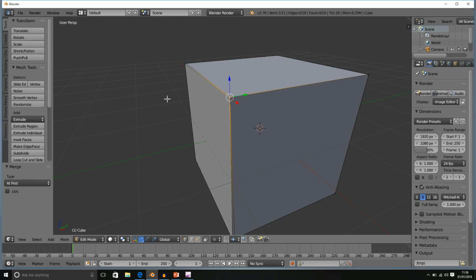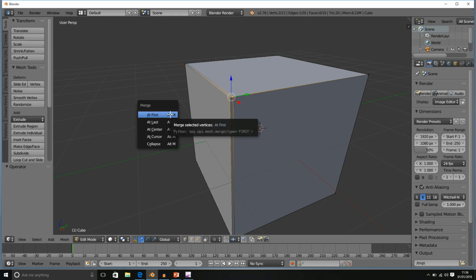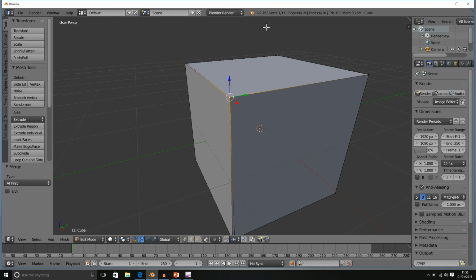I'm going to undo this for a sec, and I want you to keep an eye on the top info bar. Currently we have two vertices selected out of 12. When we merge these together with Alt M at first, it becomes 1 out of 11. So these vertices have joined together to create a single vertex.